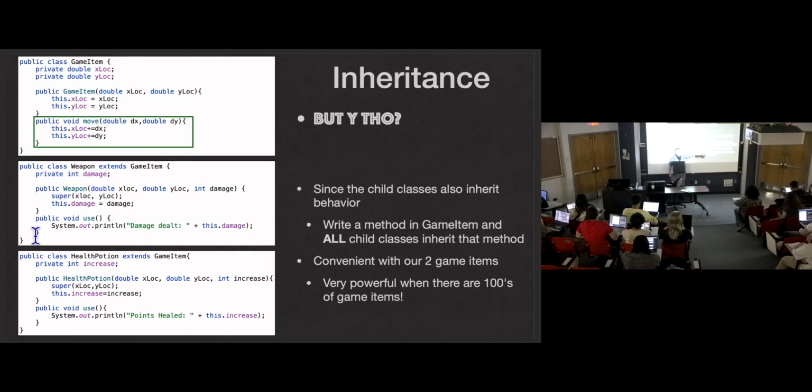But what happens when we have hundreds of game items? You release your game, you add a few more, and your users are like, man, I'd really like to fire a bow and arrow in this game. And I want the arrow to follow a nice, I can aim any way I want and have all the physics apply and all that stuff with colliders. Public class bow and arrow extends game item. Public class arrow, you probably want arrow objects too, extends game item. It gets all of the location, physics, colliders, gets all of that functionality, and then you just implement what's specific